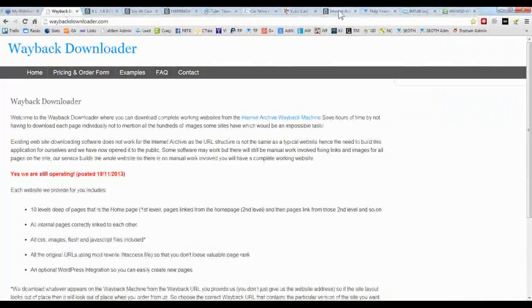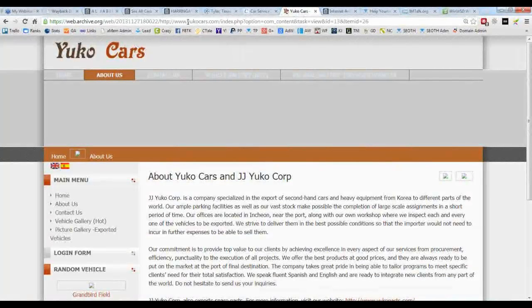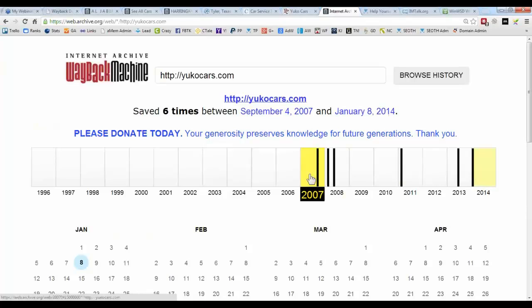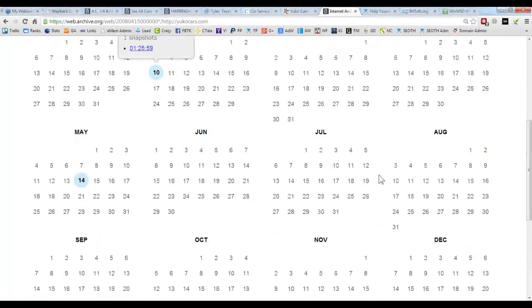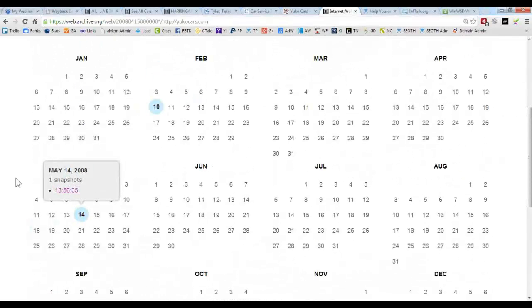I should have just shown you that archive.org if you're not familiar with it. So for example, on this site here, this yucocars.com, when we come to archive.org and I just paste it into the machine here, browse the history, you'll see where these black lines are on the Wayback Machine. This is where they actually have some record of the site. So if, for example, I go back to 2008, I'm going to see some blue dots on the page. You can see one here for February the 10th. May 14th is another one, and that's all it has from that year. It says it's got one snapshot. So if I click on that,